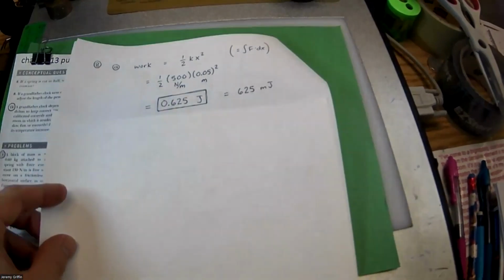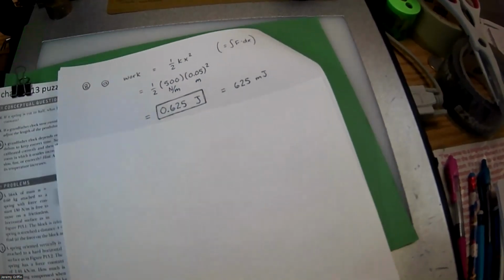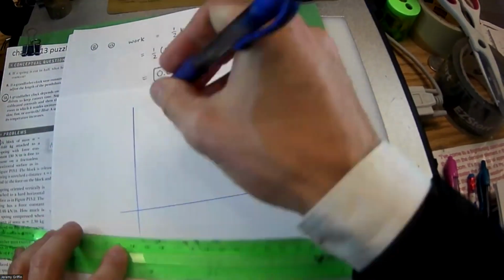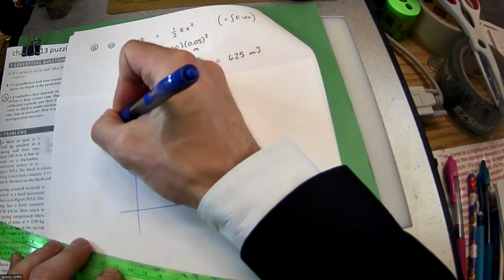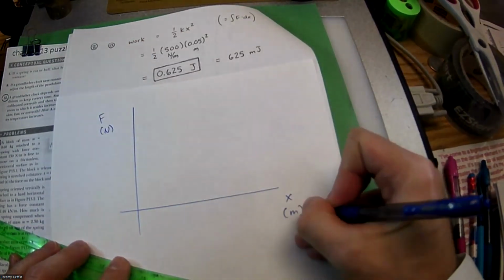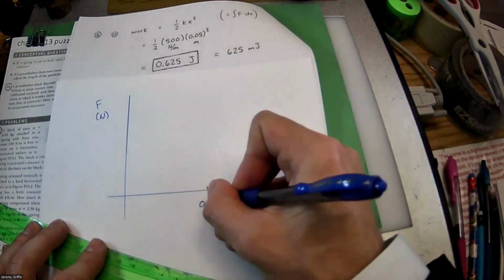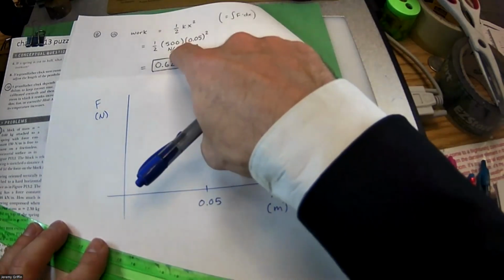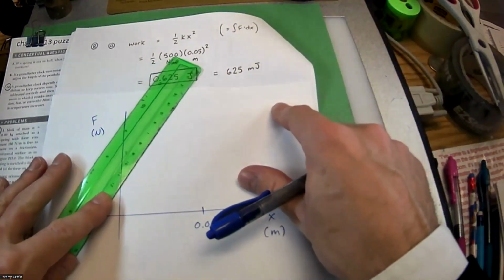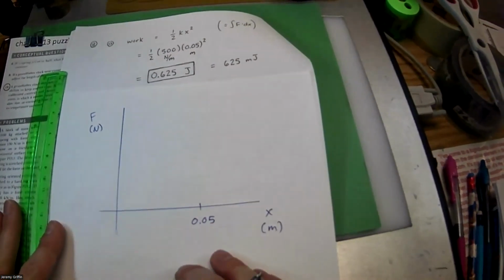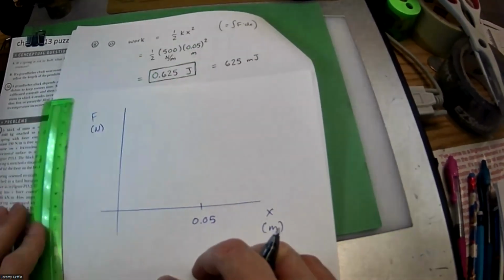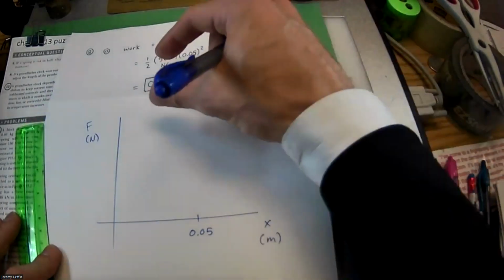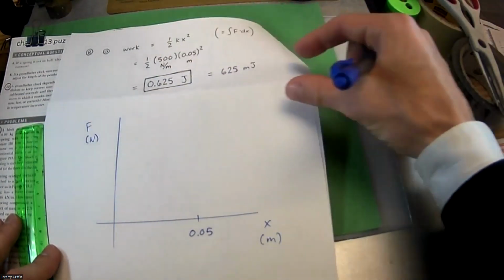Okay. Let's do the graph version of this too. Suppose we have force in newtons versus stretch amount in meters. We're going up to 0.05 meters. We know the spring constant is 500 Newton per meter. That's what they told us. Okay. Guys, what's this graph going to look like? Can you guys draw that graph before I do? For stretching a mass attached to a spring, or stretching the spring.